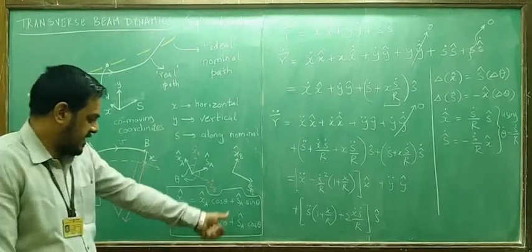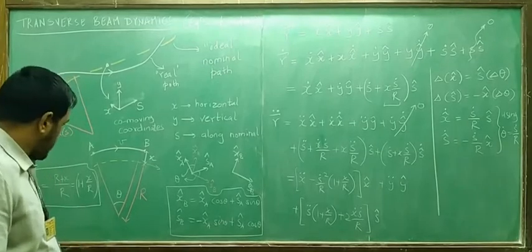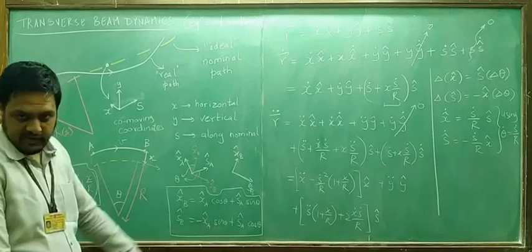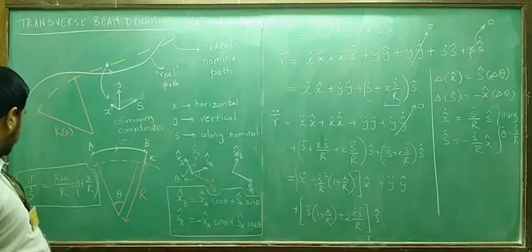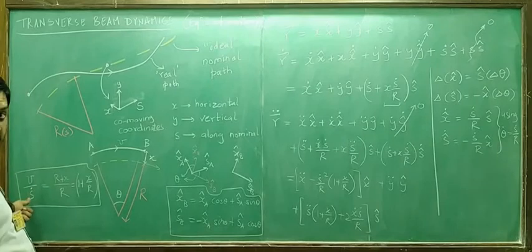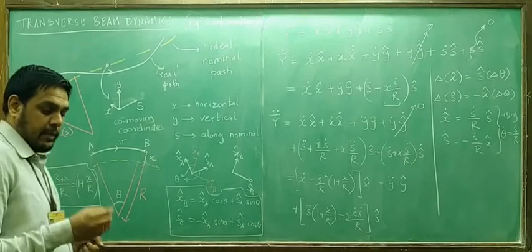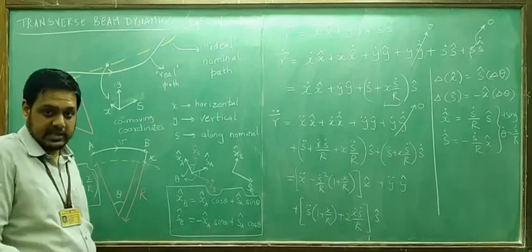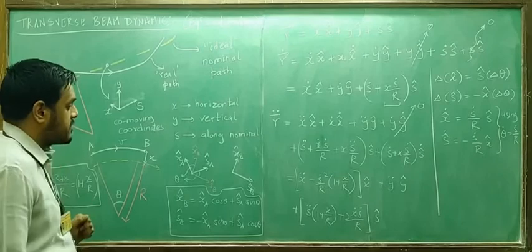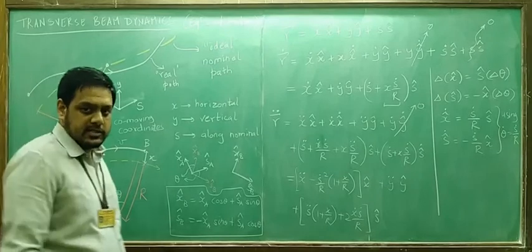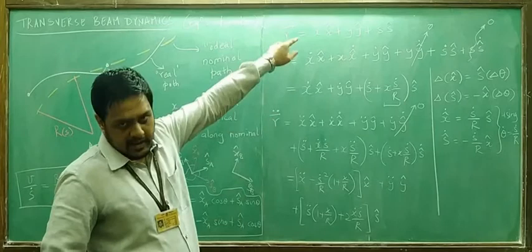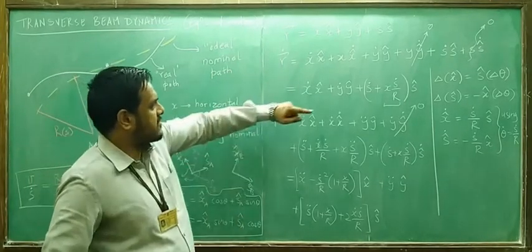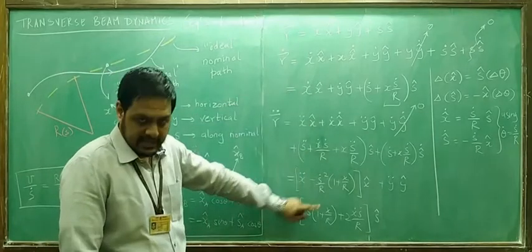And when we try to analyze this in a slightly deeper fashion, we find that the unit vectors change in a particular manner. The horizontal displacement unit vector and the nominal unit vector, these two change in a particular manner. We also get a relationship between actual velocity and nominal velocity. If it was on the nominal trajectory, what would have been its velocity, and because it is not on the nominal trajectory, what is actually its current velocity? That one we have. Taking all these as inputs, if we define a position vector in this co-moving coordinate system, we have basically obtained expressions for the velocity and the acceleration.